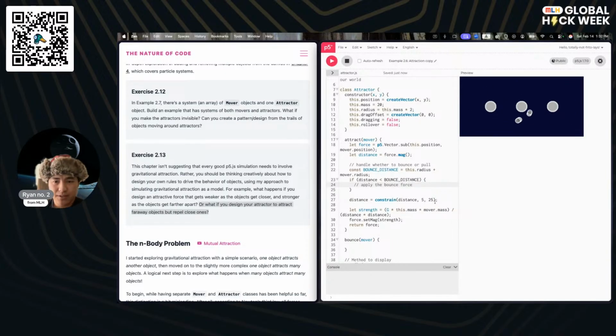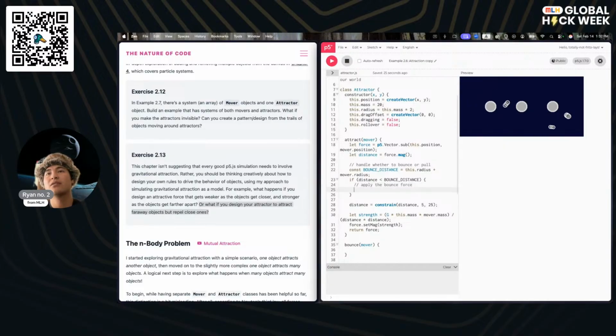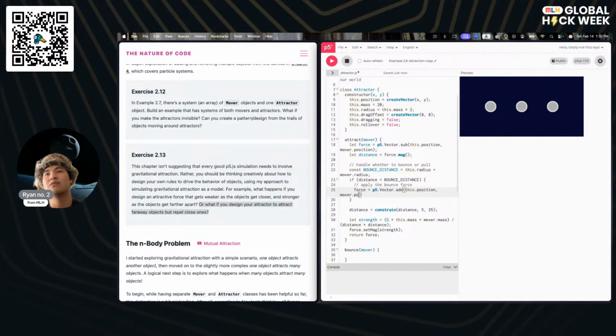So the bounce force, we're going to need to make it so that it is more additive. Like if vector subtraction makes it so that things move closer together, addition is the thing that makes it bounce away. So we're going to set force to be equal to p5 dot Vector dot add this dot position and mover dot position.